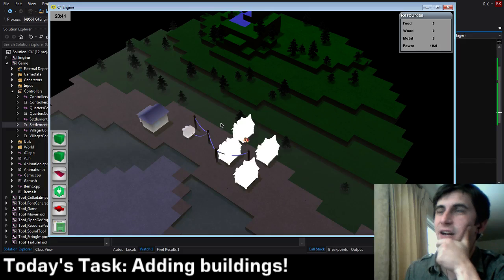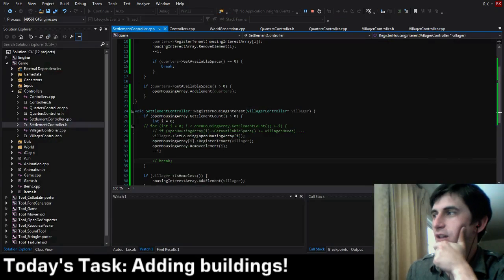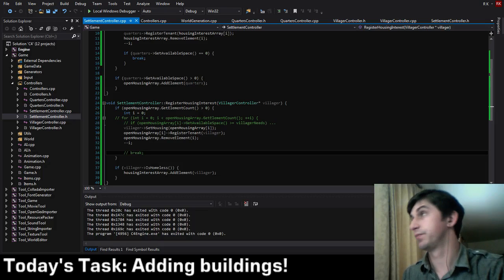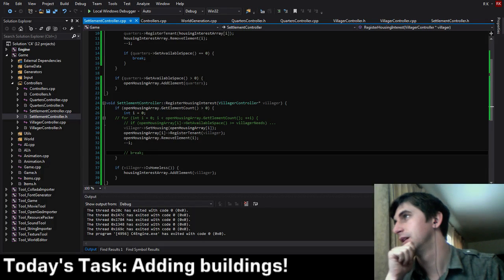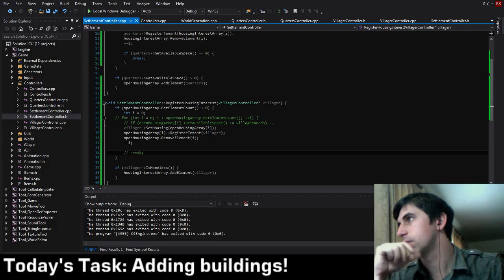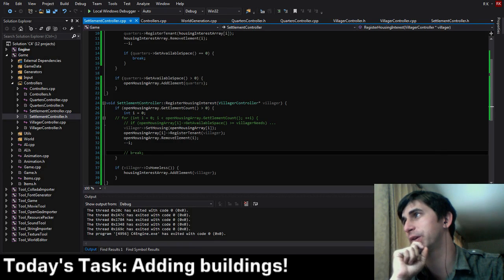So let's see. We've got quarters. What else? What else can we get done? Look back at that to-do list. More buildings. We could do more buildings. A lumber yard. I don't think